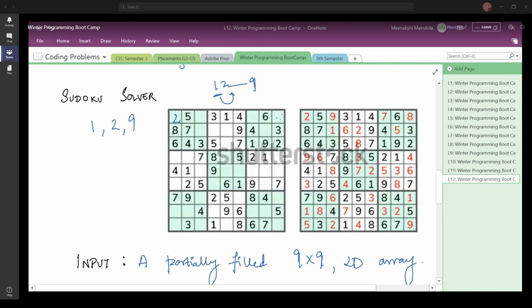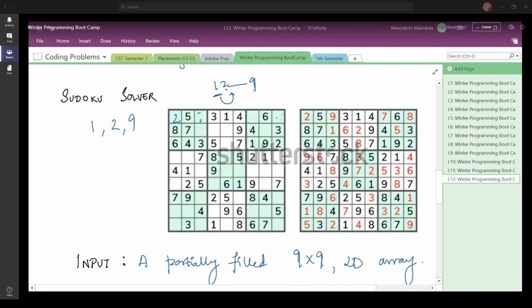It will just check the three conditions, and if it is satisfying for any particular value of this element, it is going to simply place this value and stop right there. So this loop, once you fill 2 here, it will stop right here and it will move to the next empty position. Now the next empty position, if let us say your program picks up this next empty position, it again starts the loop from 1. Once it starts the loop from 1, it again checks, can I fill 1 here?